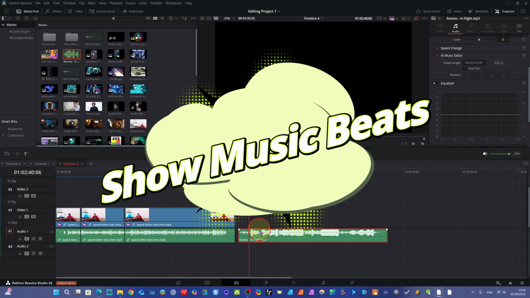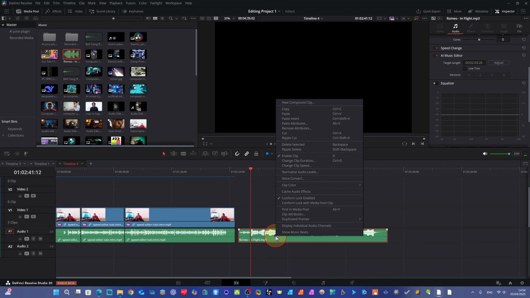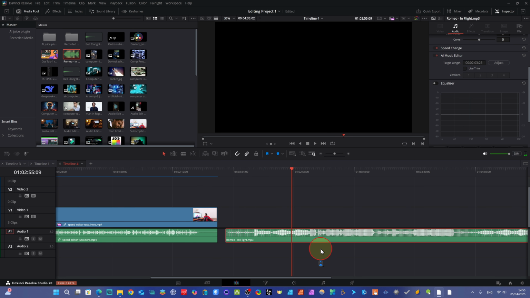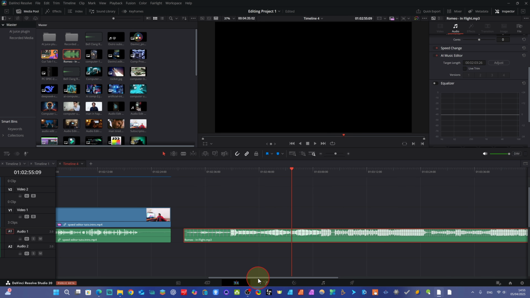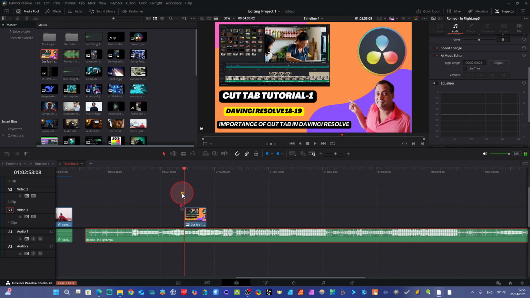There is another cool feature. This is about the audio track for music. We have this music and we just right click here, and you see show music beat. When you click, it will analyze, and you see it has separated our clip according to beats. So we have beats here, long beat, and you can put any. For example, we take this to our track and it will show only on this beat.